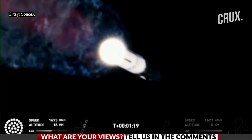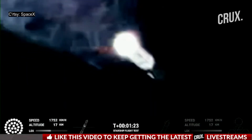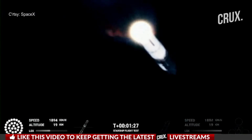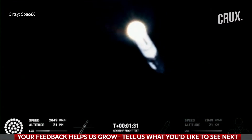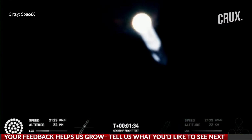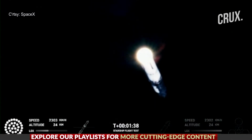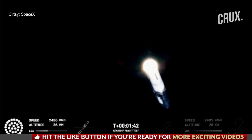Now the next major event is hot staging in just over 90 seconds from now. To get ready, the booster will shut down all but 3 of the Raptor engines. Clamps holding the 2 stages together will release, and the Starship's second stage will ignite its engines. Starship will then separate from the Super Heavy booster and head to space. And at the same time, the 3 engines that are still firing on Super Heavy